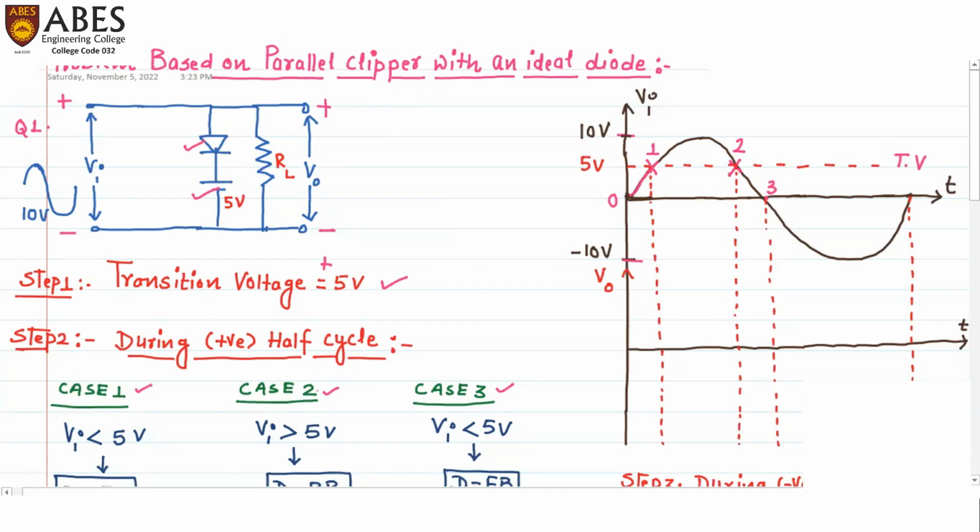Now let's take case number 2. In case number 2, you can see the input voltage exceeds the 5 volts, which is the transition voltage. So in case number 2, I have written Vi is greater than 5 volts. Case number 3 corresponds to the portion between point number 2 and point number 3. In case number 3, again you can see the input voltage goes below the 5 volt line or transition voltage. That means Vi is less than 5 volts. So these are the three cases